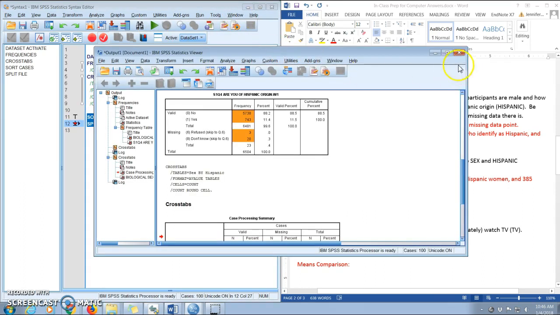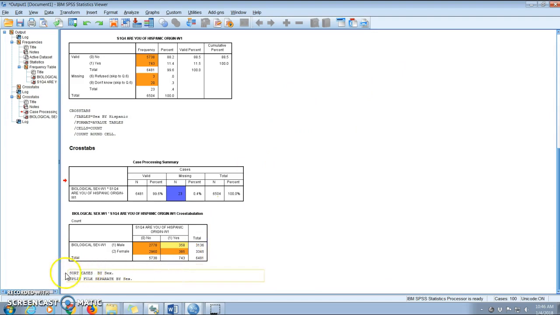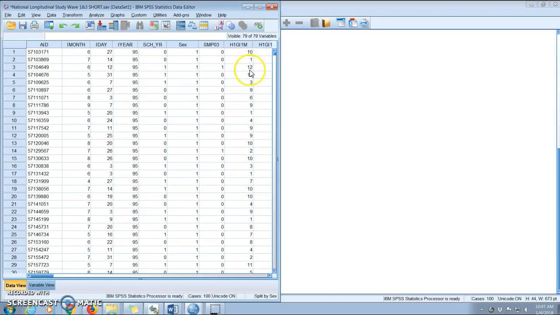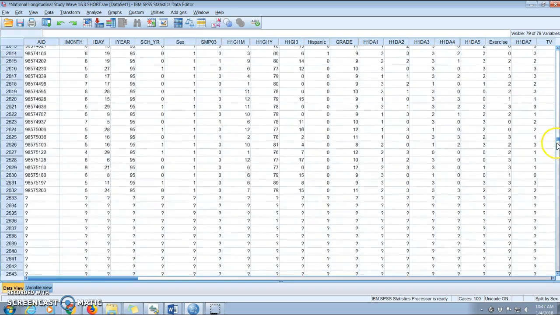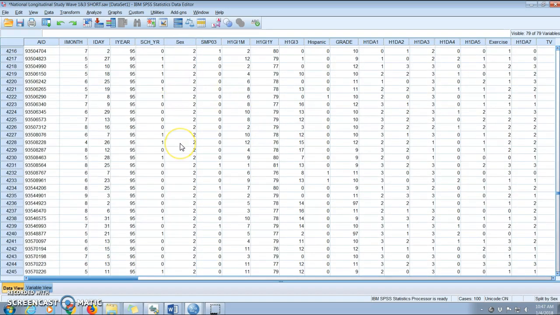Okay, nothing's going to change in the output window, other than that it pastes in the syntax that I followed. But if I go back to the data window, make this big so you can see, you can see that it's now organized by sex. So I've got all the folks who are scored as a 1 first, and if I scroll way down here now, it's the folks scored as a 2. And importantly, there's a little notice over here on the side that tells me that the file has been split